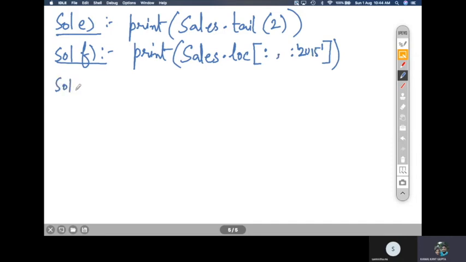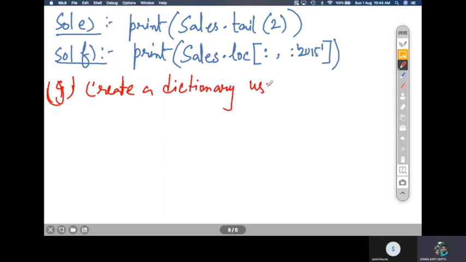The next question is the last part of this particular question, the G part. The question G is: create a dictionary using the following data.